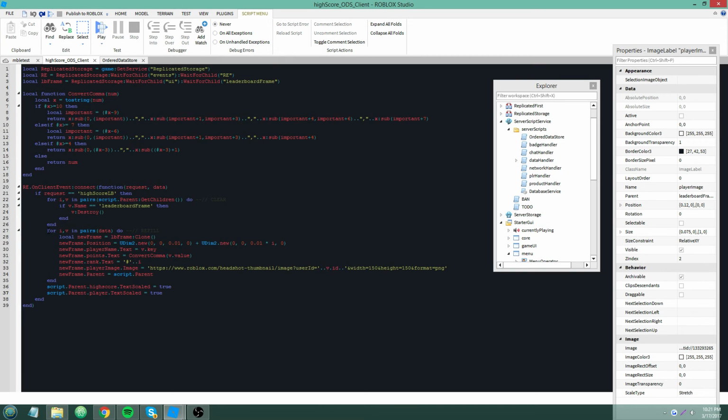I don't know. So for every iteration of the data table, we're going to get a new frame for every one in it. Clone. We're going to set the position. We're going to start at a scale of 0.01 on the Y scale, and for every iteration so far, we're going to add some on the Y position.